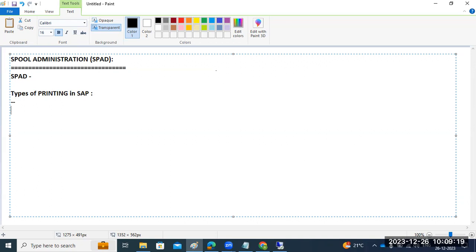So here, there are a total of 3 types of printing. One is the local printing. The second one is the remote printing. The third one is the front-end printing. There are the 3 types of printing here. So local printing means,